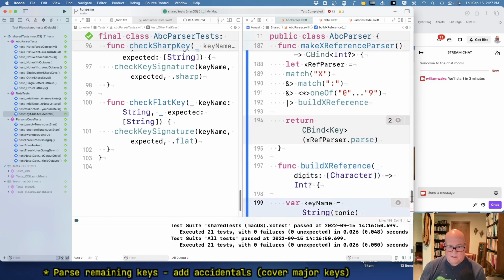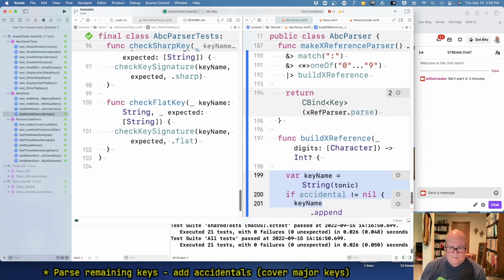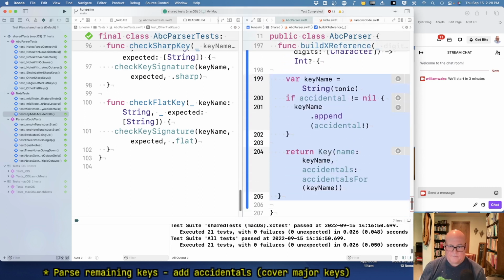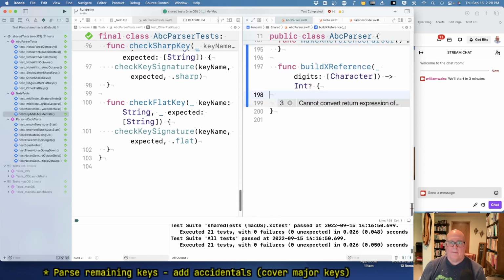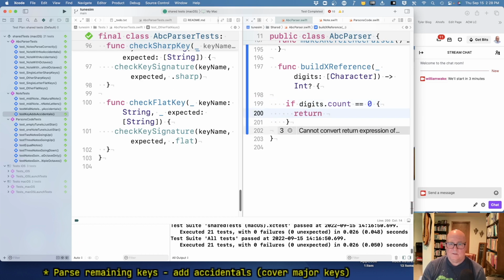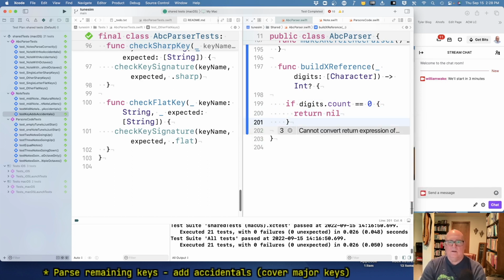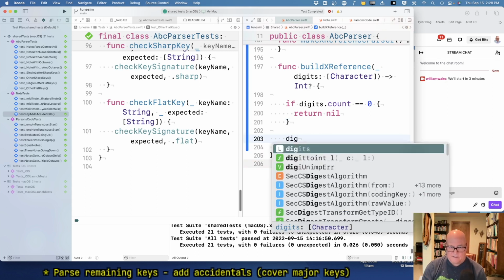So if we take dot count is 0, then we're just going to return nil. They didn't give us any digits. We're a nil. Okay. Otherwise, we're going to take the digits